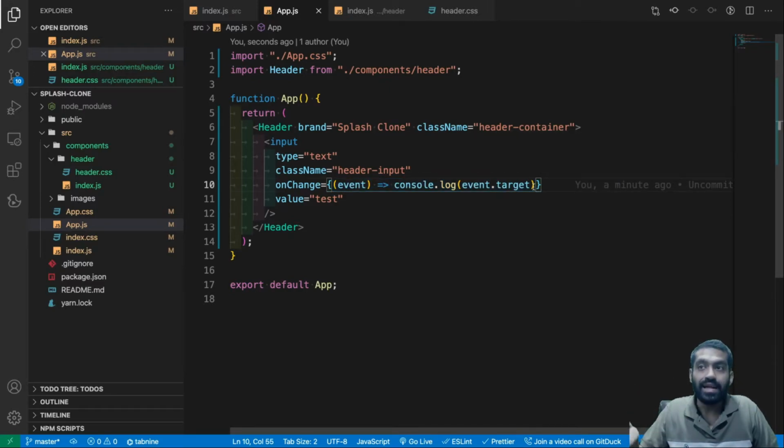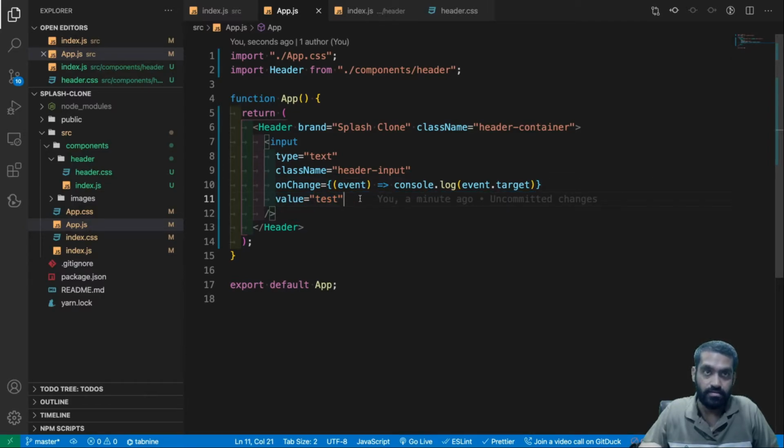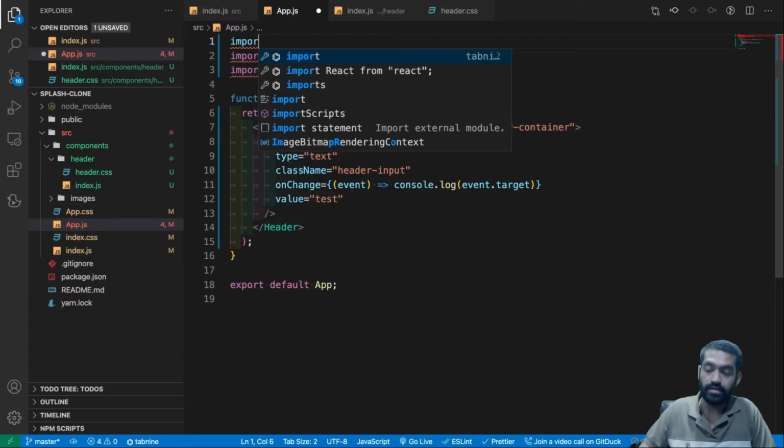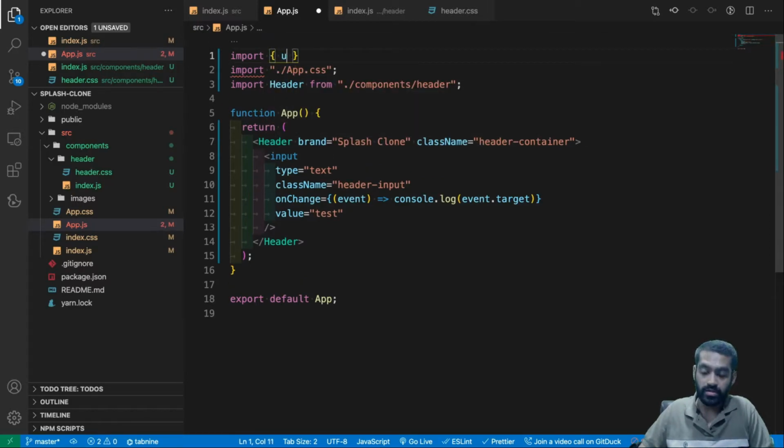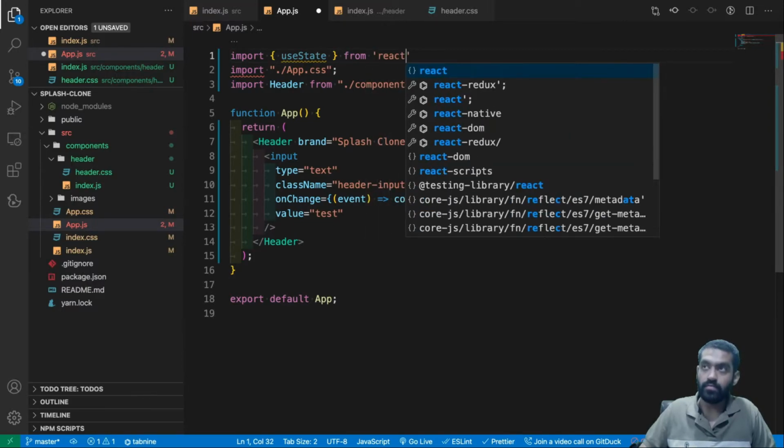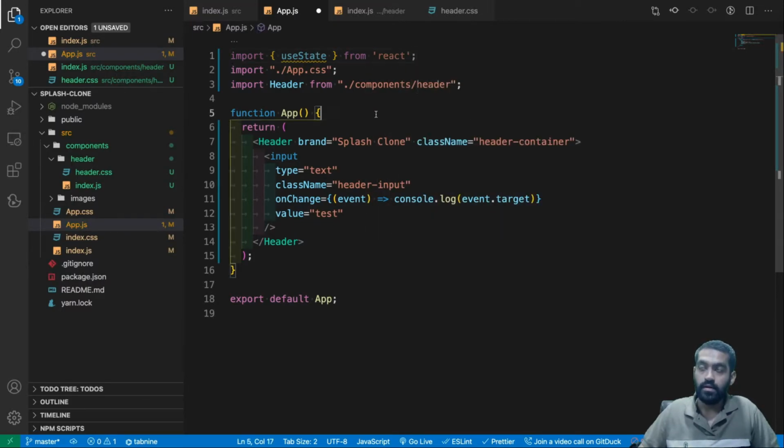But when that happens, we want to make sure that the value remains intact. So we can use useState here and store this value in useState, imported from React.